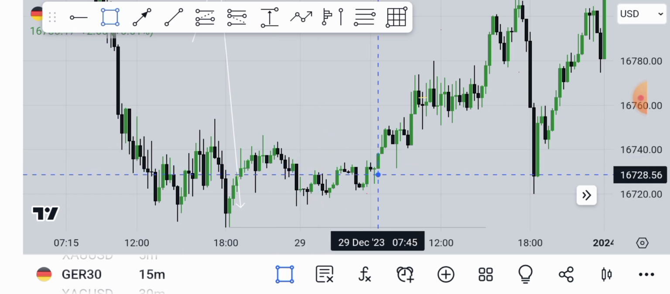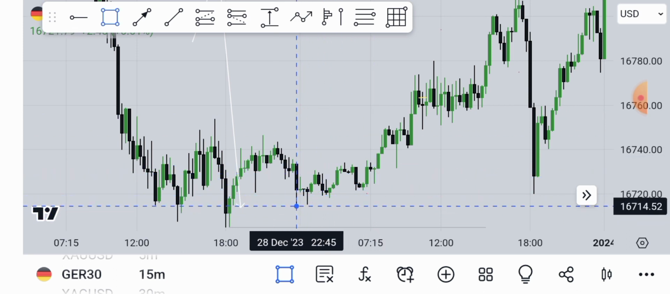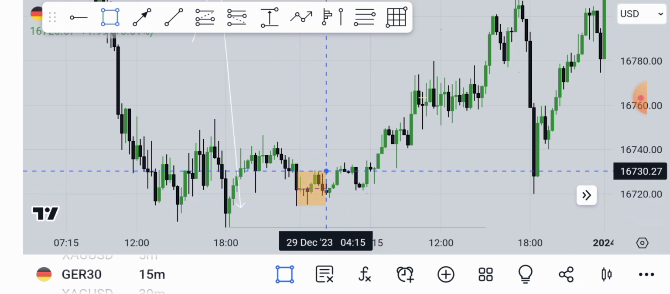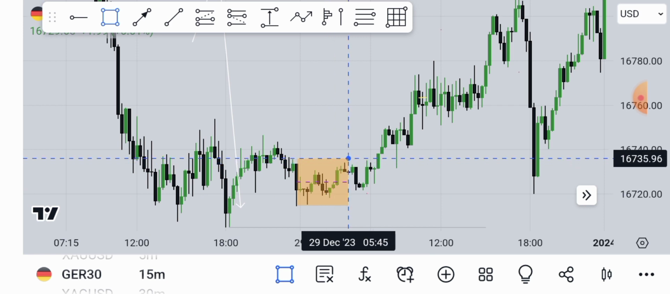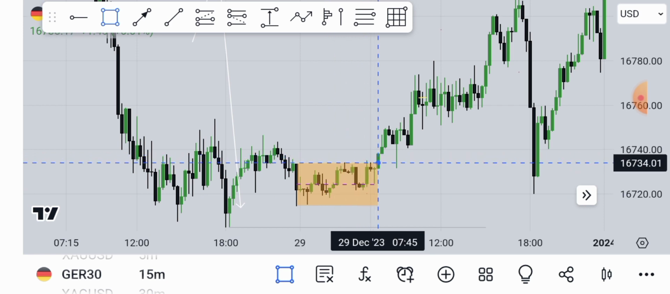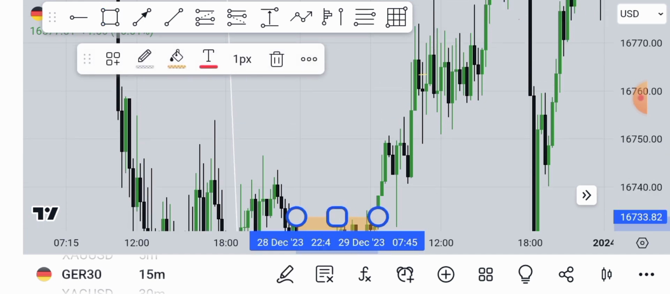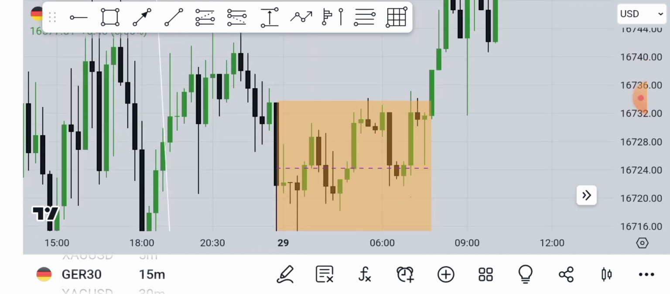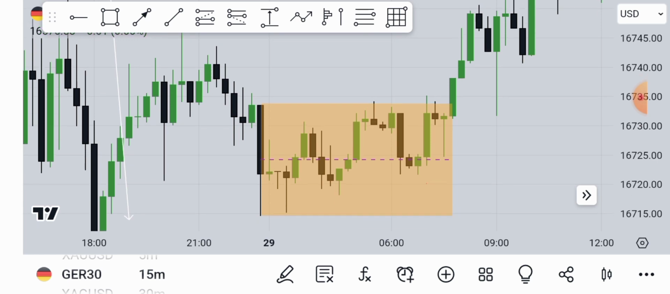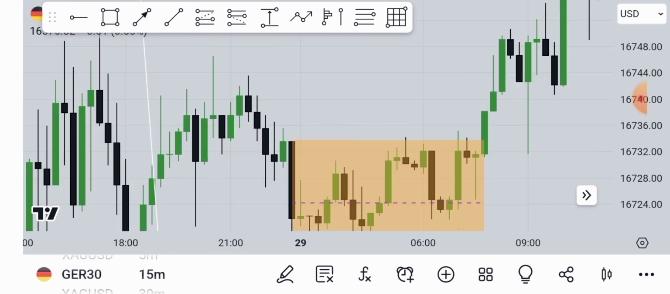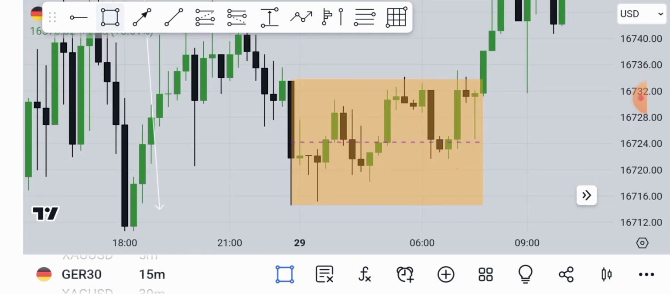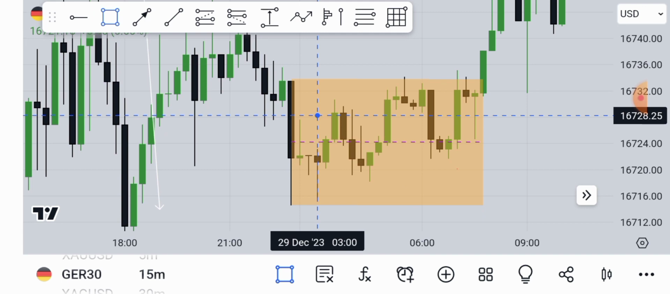So first we must mark the high and the low of a candlestick, which is this, as you can see there, the high and the low. Let me zoom so it can become more clear to you. So now we have marked the high and the low of the candlestick